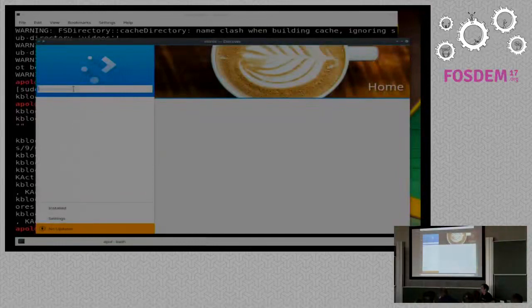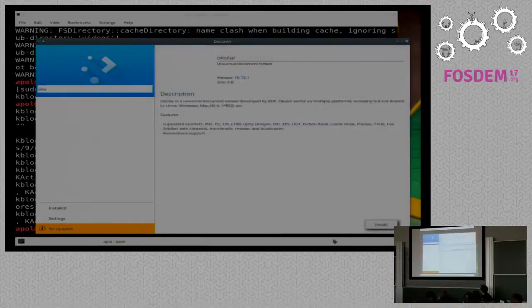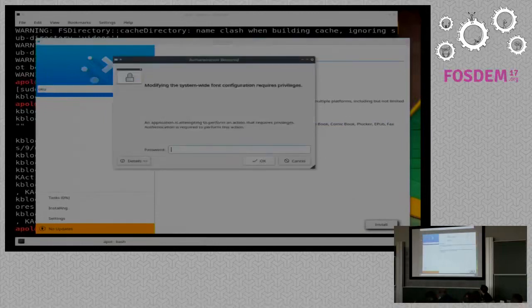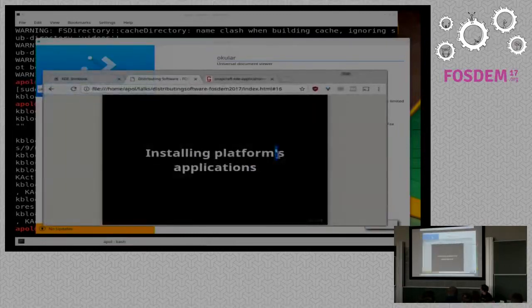Which application do we have as well? We have Ocular. Yeah. Ocular. We get to open it, install. Then we wait. We don't have progress. That's great. Well, while it installs, because we don't have a lot of time, we can look at